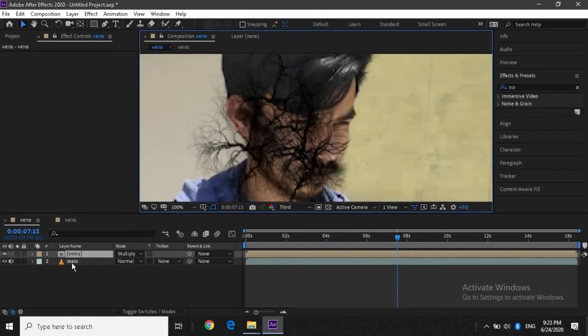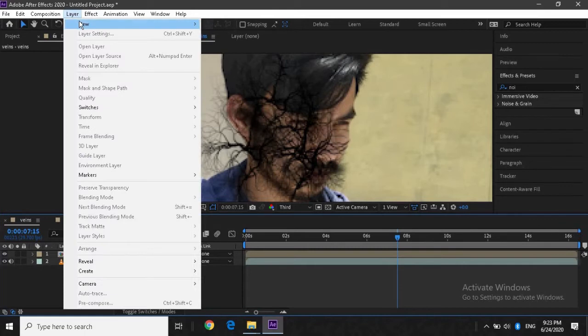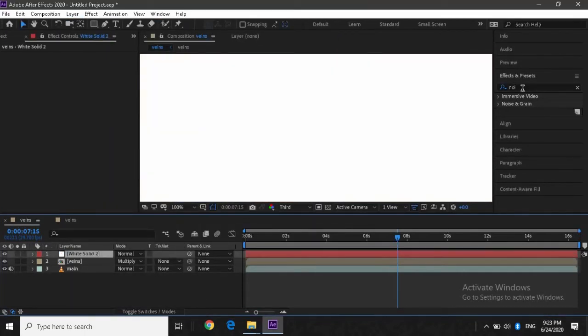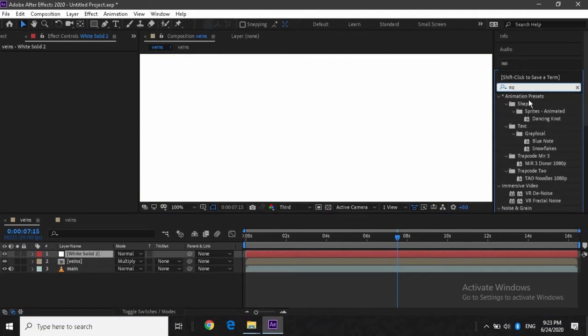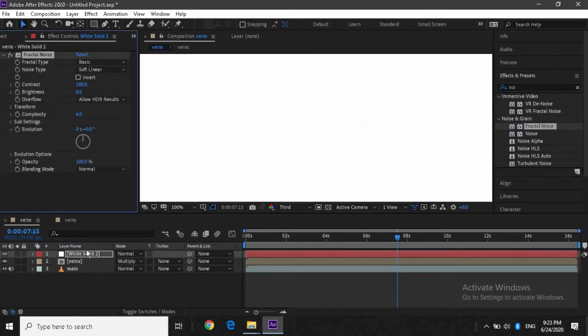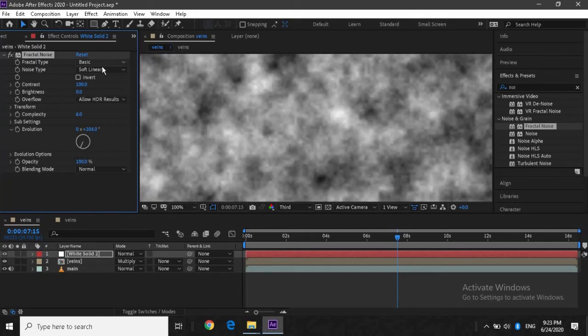Okay, first we should create an inner layer. So basically open any solid, go over here, and search for fractal noise, and bring it onto this. Then set it according to how you want.